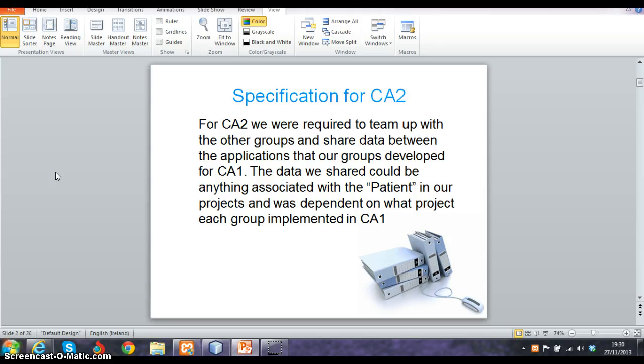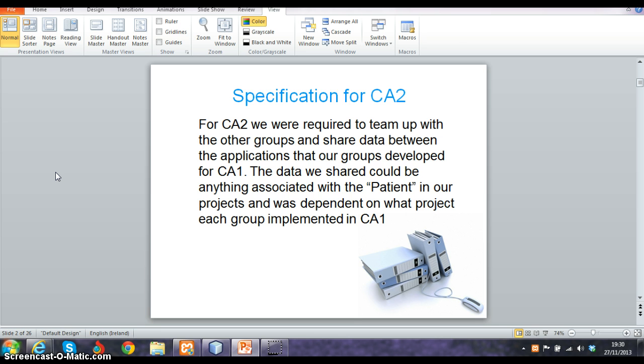The specification for CA2. For CA2 we were required to team up with the other groups and share data between the applications that our groups developed for CA1. The data we shared could be anything associated with the patient in our projects and was dependent on what project each group implemented in CA1. Because we were such a small group, the decision was taken that we would all work together and exchange data